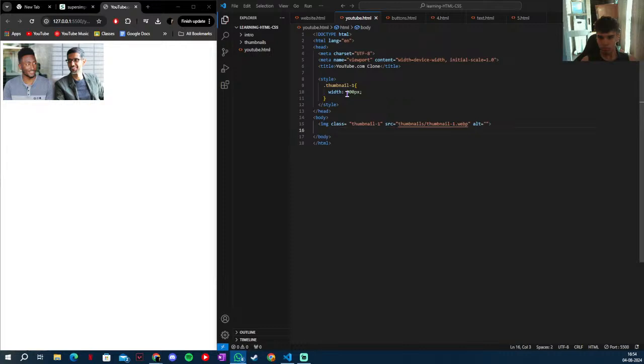The input element has several attributes that we can give it. One of them is called the type. If we set the type equals text, it's going to give us a text box. I'm going to save this, and now in our HTML, you can see we have a text box. Another type that we can give to this input is called checkbox. If I save this, now we have a checkbox. For our purposes, we're going to set the type to a text box because we want to create the YouTube search box up here. You also notice that this text box has a word search in it. And when I start typing,